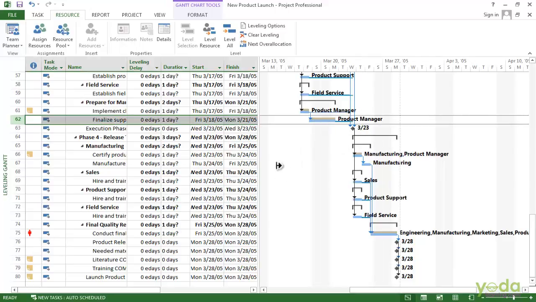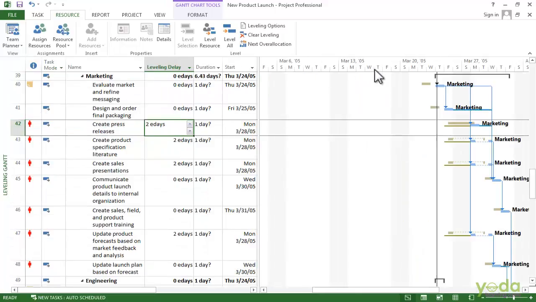In this case, the tan bars are of the original dates and the blue bars are the leveled dates. Well, this first task is the same, but the second task you can see that there's been a delay added.